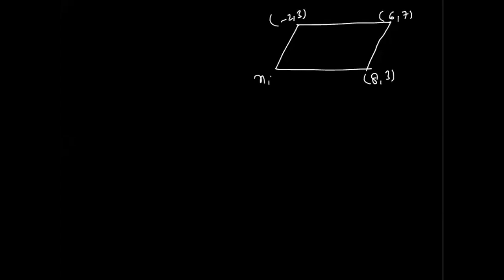So let's assume that this one is x comma y. Okay, and in a parallelogram actually the diagonals are not equal, the opposite sides are equal, and the property is that the diagonals bisect each other. They bisect, means that this distance and this distance are equal, and this distance and this distance are equal, and they do not bisect each other perpendicularly. You need to keep in mind here also. So how can we solve this problem?